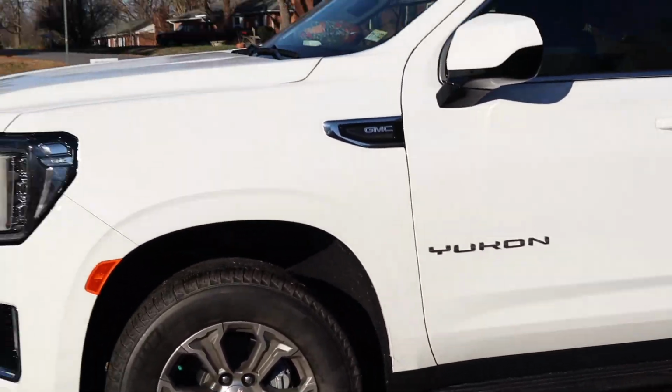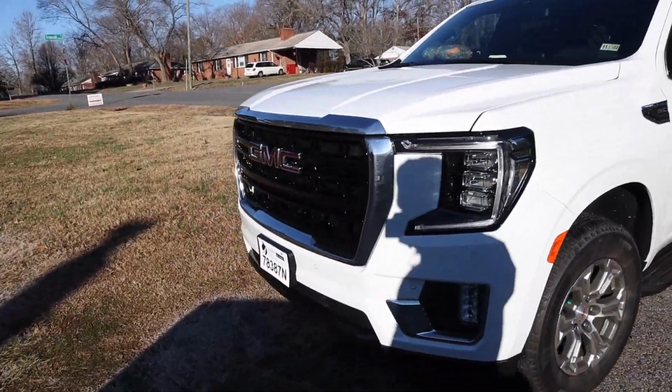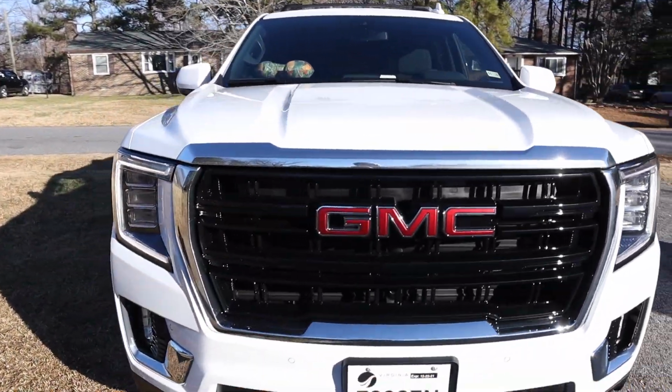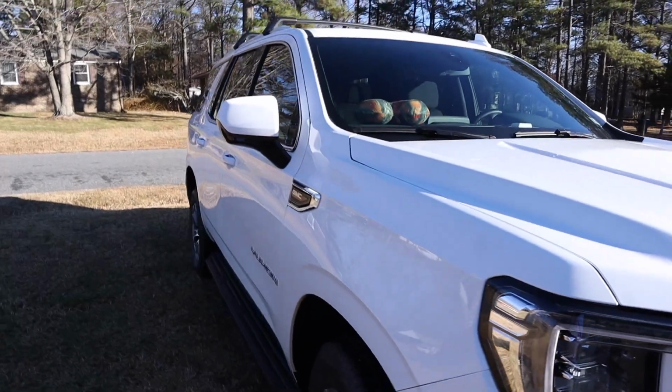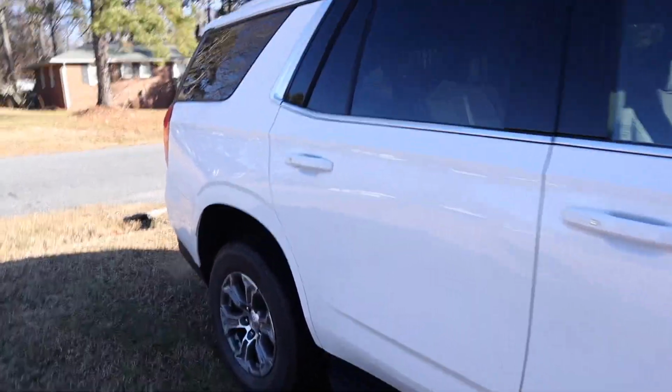All right, you guys, so we just made it to our first client, and we have a Yukon, or GMC Yukon. And I believe we did one of these the other day too, but it was just a different color. So I believe this is a 2022. It's pretty small compared to the other one, so this one might be like the little brother. But as soon as you open this door,